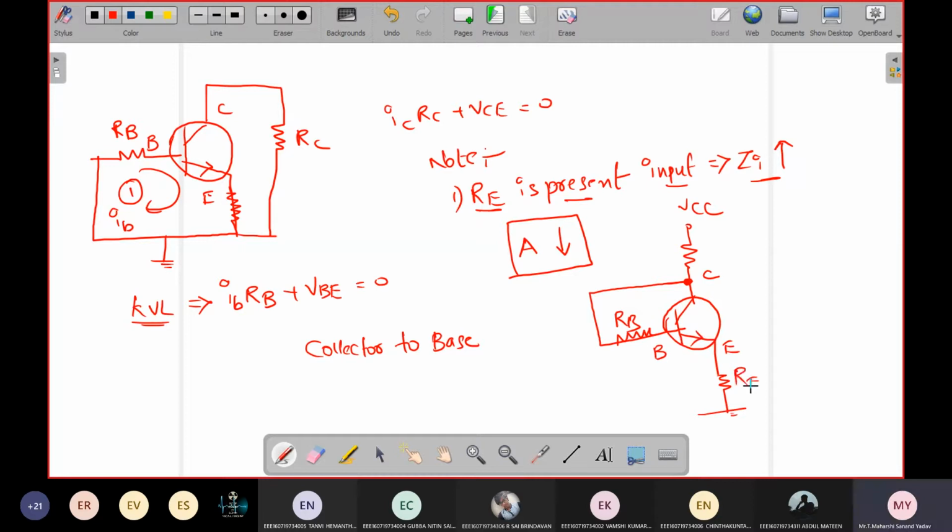See here. Remember this point. Suppose RE is present, this leads to an increase in input impedance. If input impedance is increased, the voltage gain will reduce. This is the effect because of RE. Once you go through all the models, you'll be clear with this point. So first understand fixed bias, then collector to base and voltage divider. The voltage divider circuit is better compared to the remaining two. You need to justify this point in the next session. Once you go through this point, what will happen if RE is there and if RE is not there?